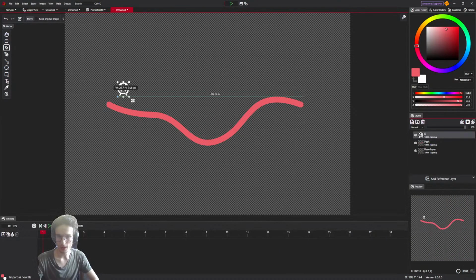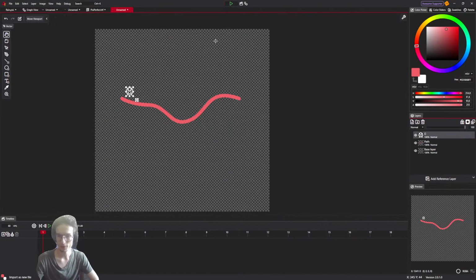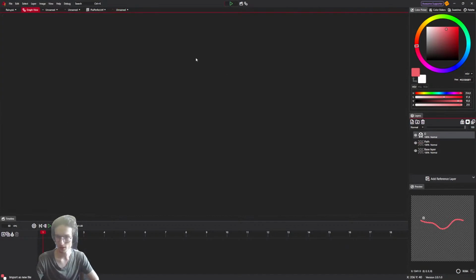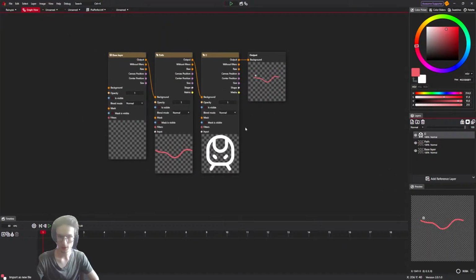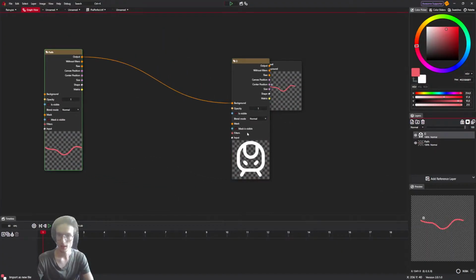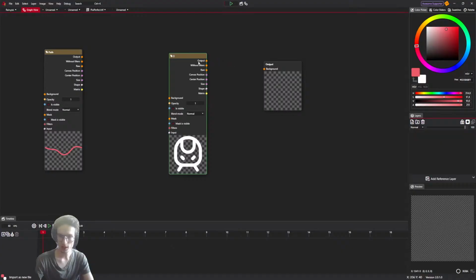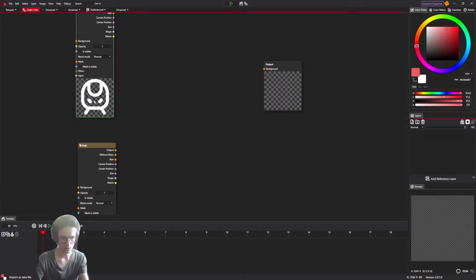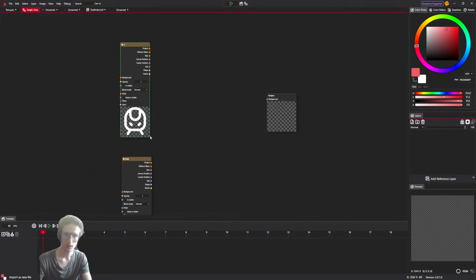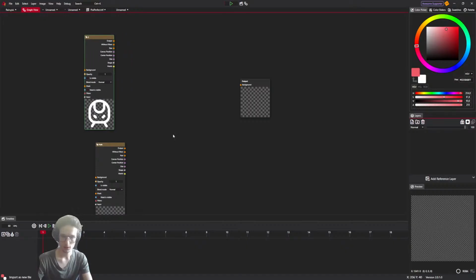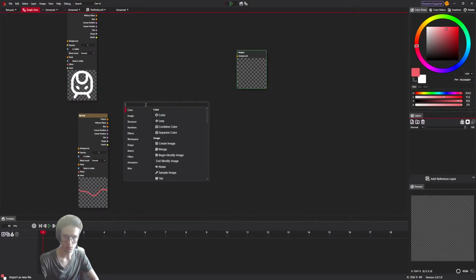Okay, so we have a train, and the very simple way to make it go along this path is to go to nodes, node graph, and we have 3 layers here. So one layer is our path. We will use it just as a track. It doesn't matter that it's red, and our train. So the very first thing is to take text on path.